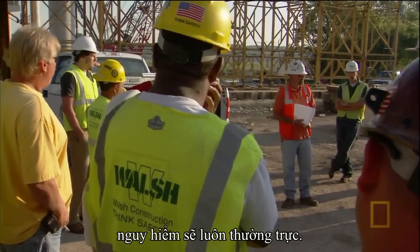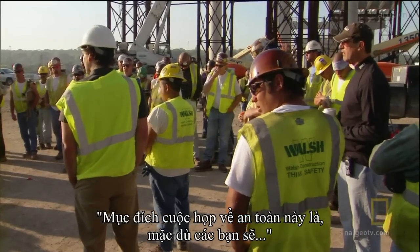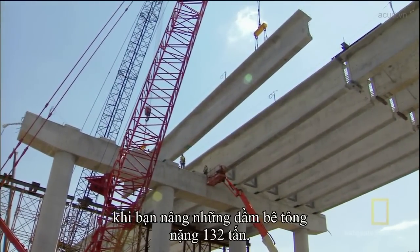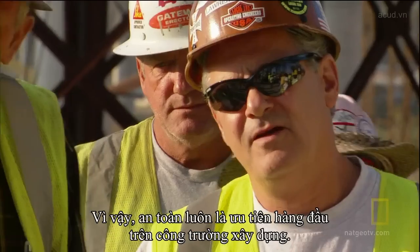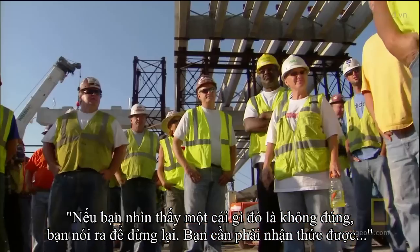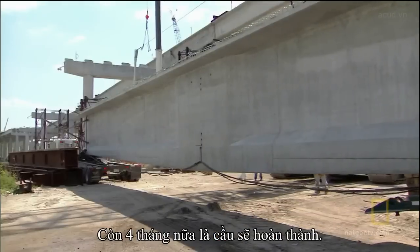The purpose of the safety meetings is because even though you're one team... There's no such thing as a minor accident when you're picking 132 tons of concrete girder, so safety is always the highest priority on the construction site. If you see something that's not right, you say something to stop it. You need to be aware of what ironwork...